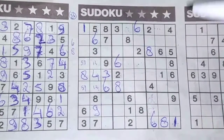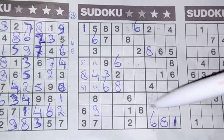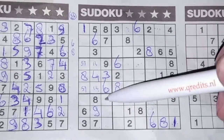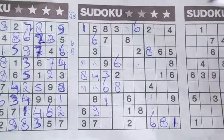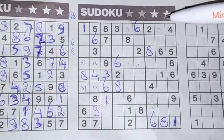Yes, 1. With a 1 in this last row, 1 in the row above. So in that row, the only 2 places for the 1 should be here or there. I see here 1, no 1 there. 1 should be here. Then